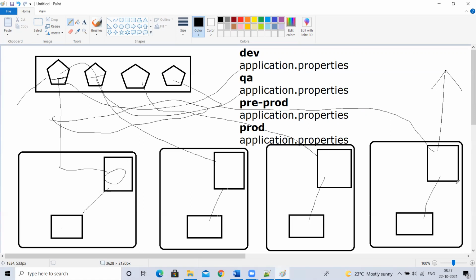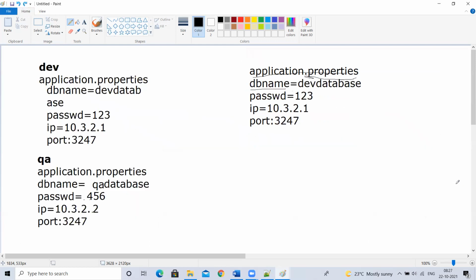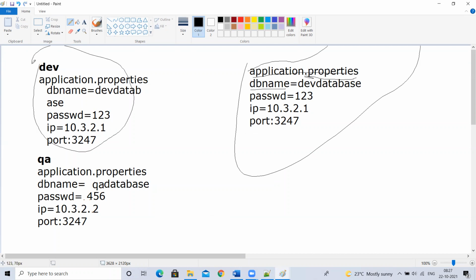Understood, guys? Is it clear? Yes, sir. Tejeshwar, you got it now? Yes, sir. Okay. Now, is it clear about the property files? Yes or no, guys? So this is the property file, and the same property files we use in one of the concepts in Maven that I'll discuss in some time. But you understood what a property file is, right? Yes, sir. Okay, cool. Next.